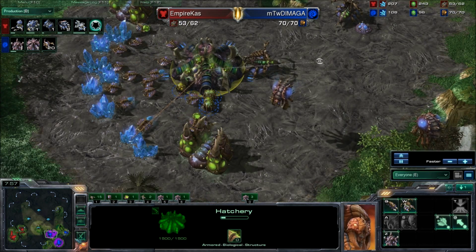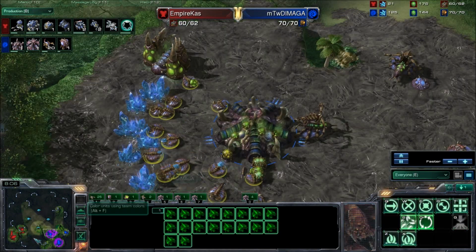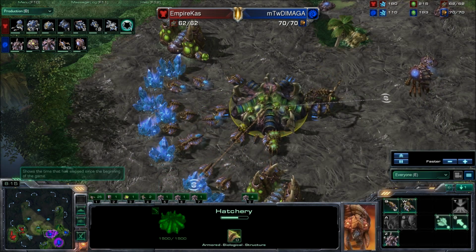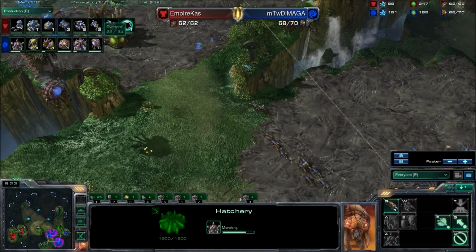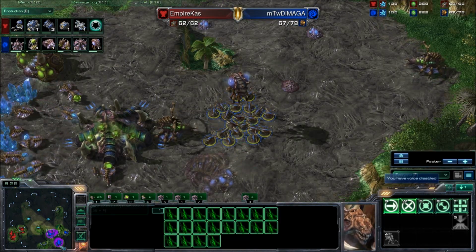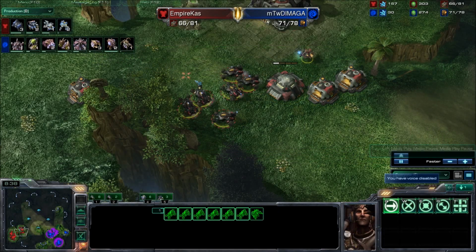But yeah, also another thing about this map, Tal'Darim Altar, is it doesn't look like the best map for early rushes, because it isn't. I mean, if you spawn cross spawn, you've got a huge rush distance. You've got to go all the way up here to get to your enemy's base. But what I do want to see from Dimaga is actually Mutalisks, because Mutalisks would be extremely effective in this spawn location, because most of Kas's forces will be concentrated on defending his choke at his natural,